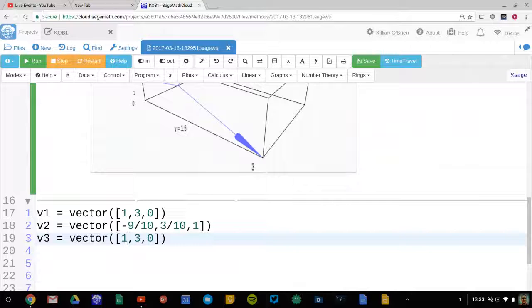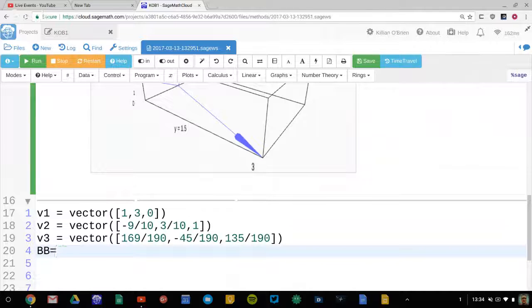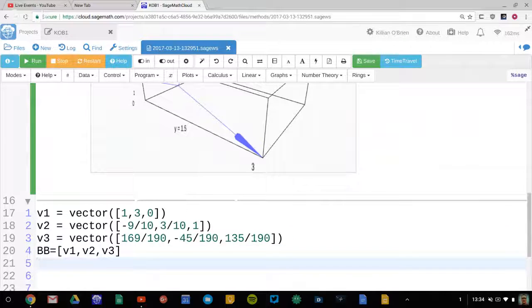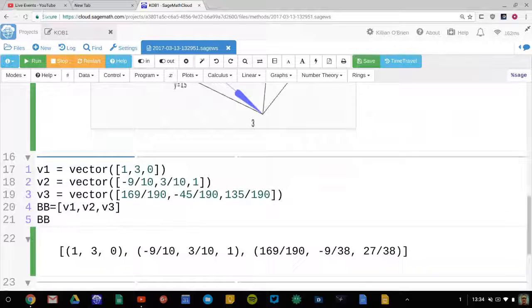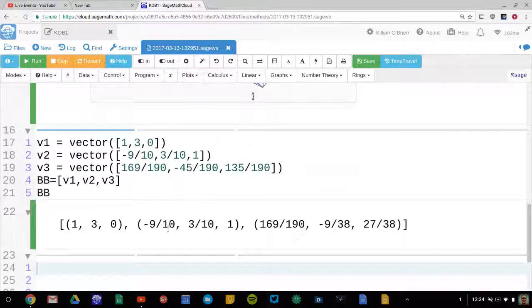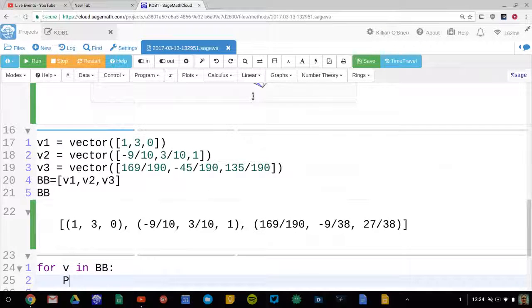And then V3 was the one with 190, so it's 169. Divide 190 minus 45 over 190, and 135 over 190. Okay, again, I'll put those three vectors together in a list called the list BB, the new version of B. And then I'll continue adding on for every V in BB, continue adding on